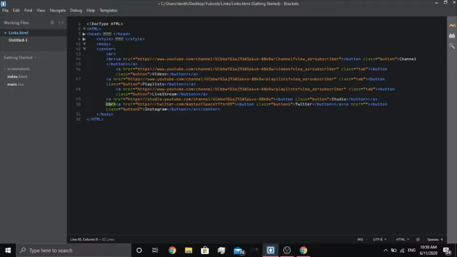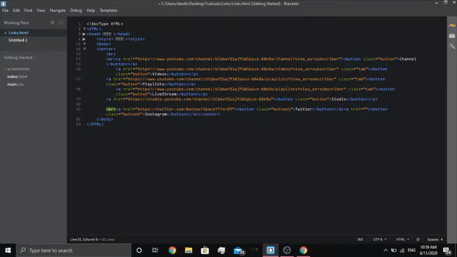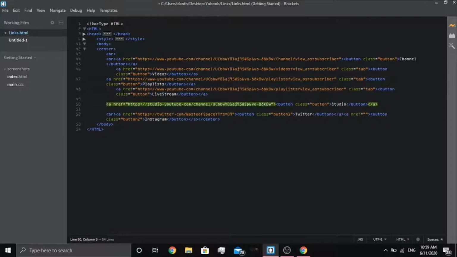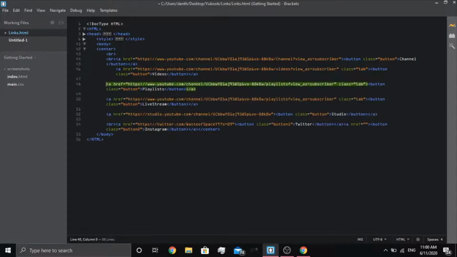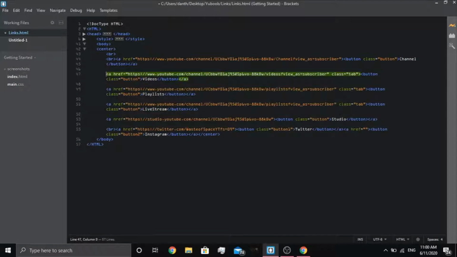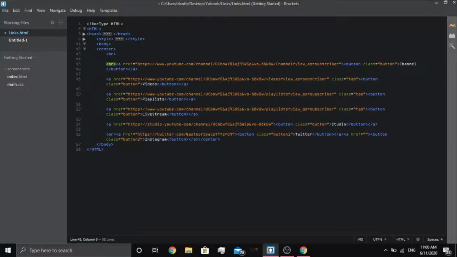And now you can just put a line between them if it's easier. For me, it usually is. So now I can see this is one button, one button, one button, one button, one button, one button, and